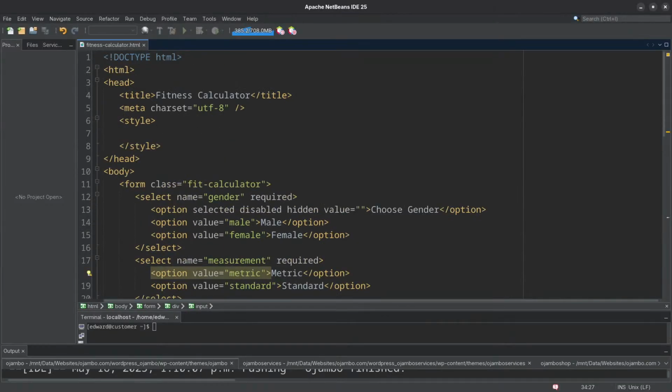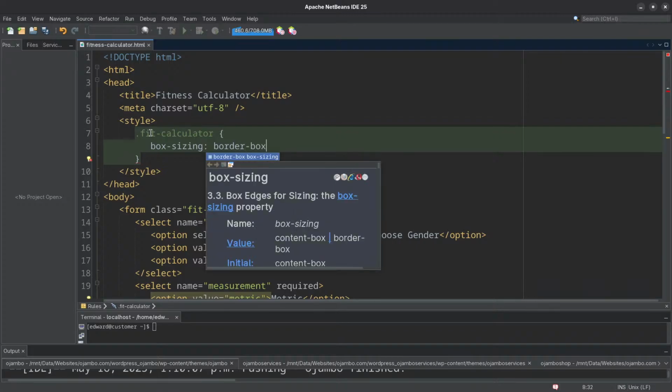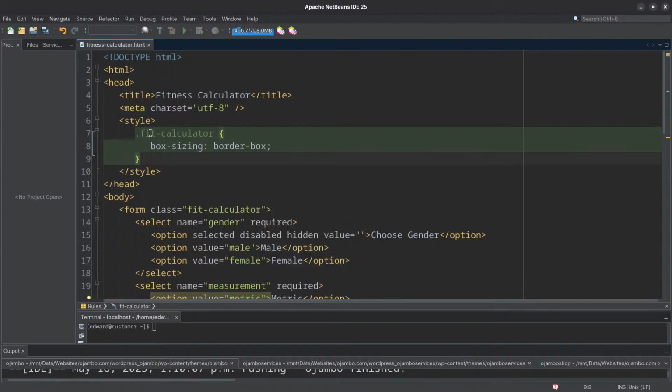So we have our style here. So the first thing we want to do is change the size, the way this is sized, the box sizing. So what we do is we type fit calculator, and we change the box sizing for it. Make it border box. Okay, after that,